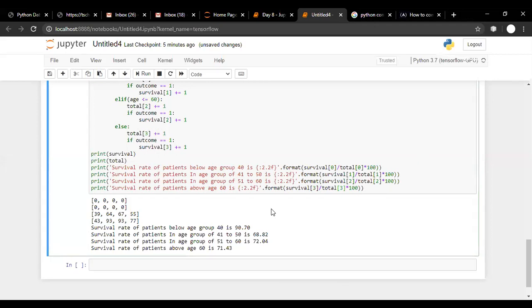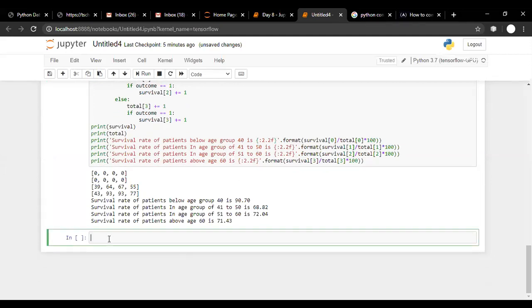Yes, Anurag, you can do it using the print statement also, but this format is a better way to print it because you can specify how many digits you want, whether you want left alignment, right alignment, or anything else. Okay, Anurag is asking what if I want to print the percent symbol.